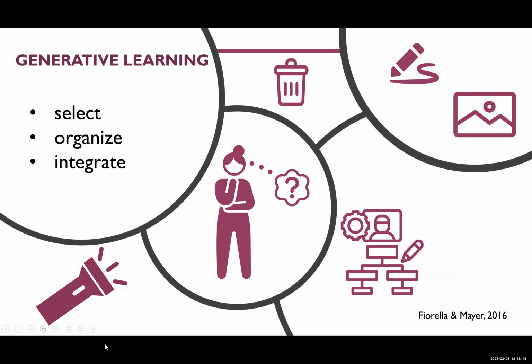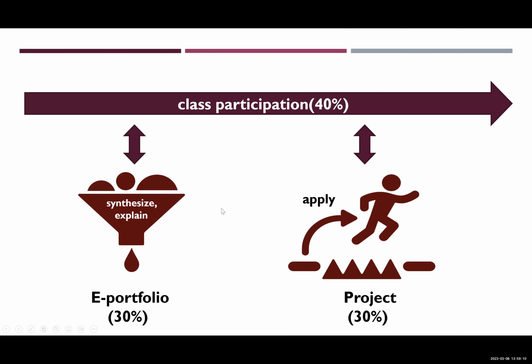So that selection process in class begins with students identifying content that's important to them. They then make sense of it and organize it, and that includes getting rid of or pruning content that's not important to them and their purpose. They then create various products such as infographics, blogs, videos, etc., as a way to integrate their learning and to synthesize the content. So as an example, in my class currently, the ePortfolio takes up 30% of their grade,